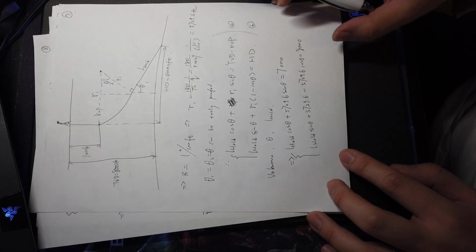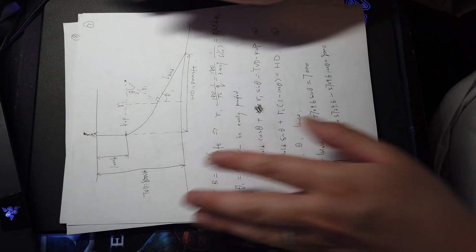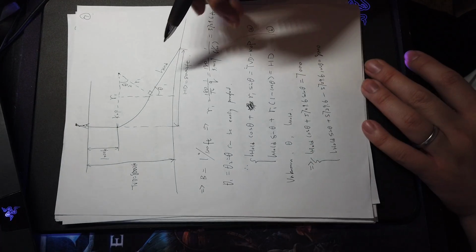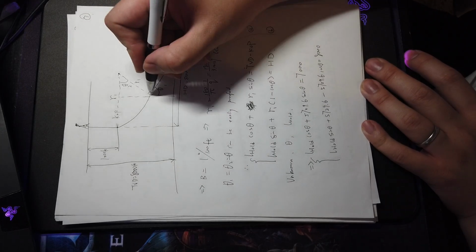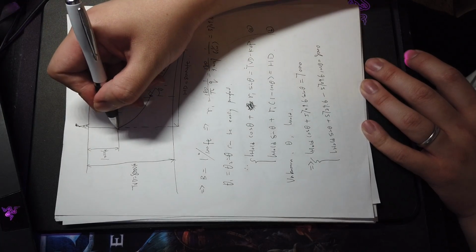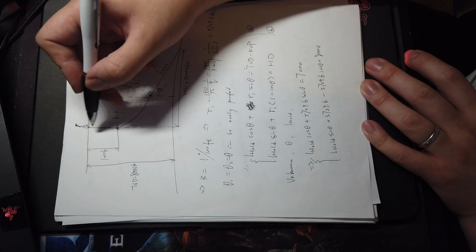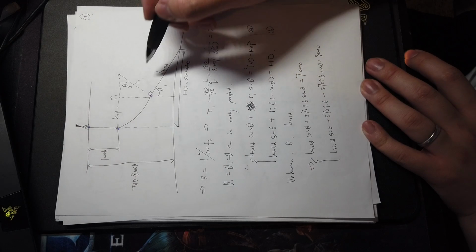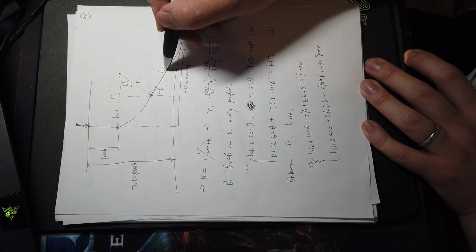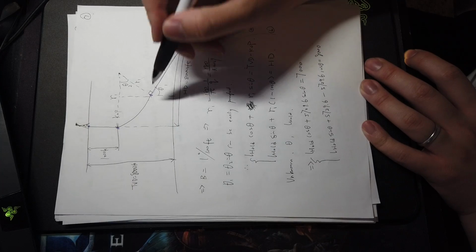Then for this geometry, because we want to calculate the axial force at this section, this point, and this point, we have to know how long the whole section is and